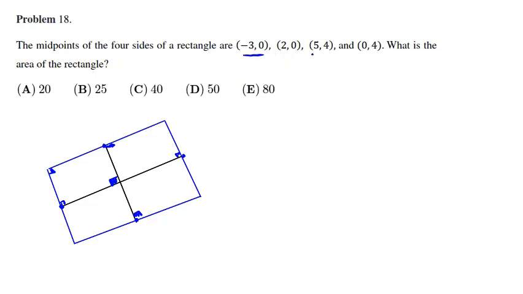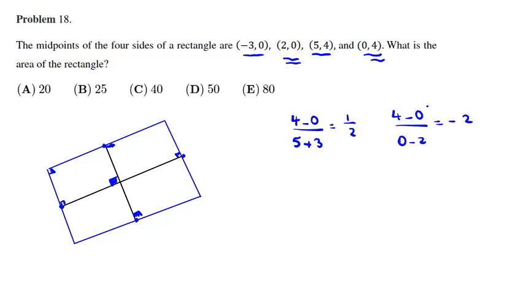If we consider this one and this one, the gradient will be what? 4 minus 0 over 5 minus negative 3, which is 5 plus 3, so 4 over 8, which is 1 over 2. If we consider these 2 points, 4 minus 0 over 0 minus 2, which will be negative 2. The product of them is negative 1, so we see that they are midpoints of our rectangle, and the area